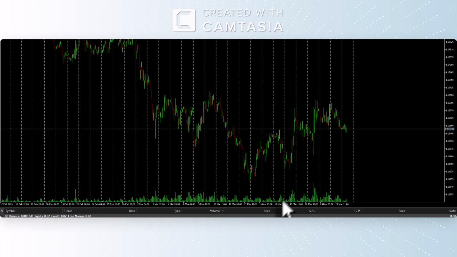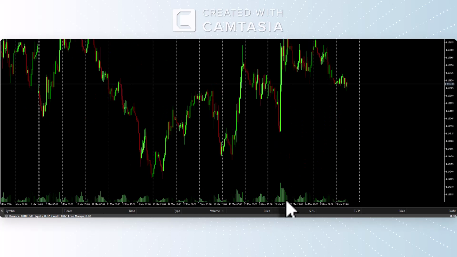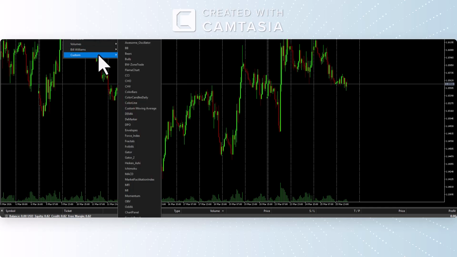So if you want to add indicators, but for me, I would suggest not, it depends. You can go to View, then Indicators. There are several indicators here.